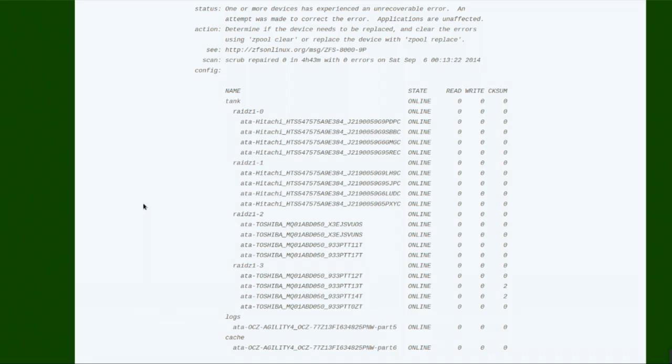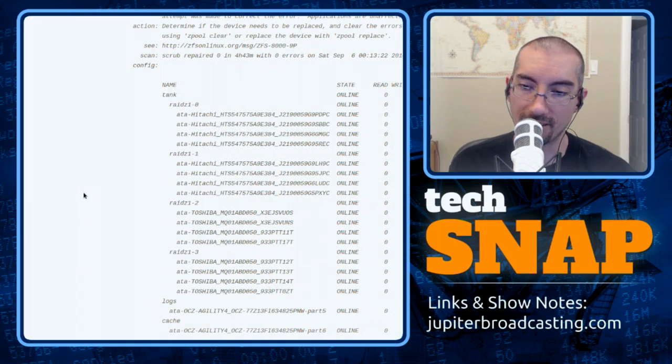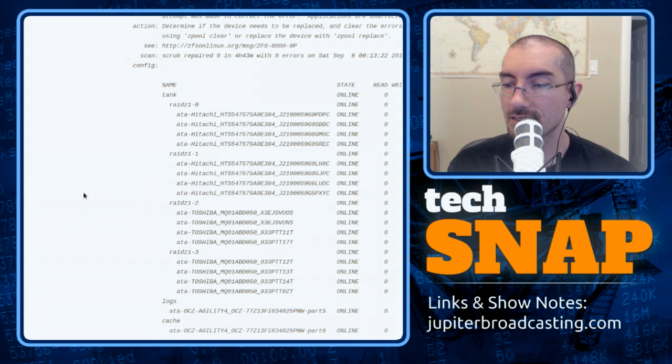So normally what you could do in a situation like this is pull one drive out, and the RAID Z will keep the array alive, and you plug a new drive in, and it'll resilver all the data onto the new drive. The risk is that while it's resilvering, which might take like a day or something, one of the other drives could fail, and then your whole array is pooched.